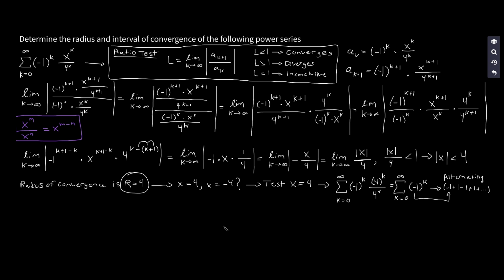Now we're going to test. So we tested x equals 4. Let me just be clear. This diverges by the divergence test, because again, we know this intuitively speaking, because the limit of the terms is not 0. So when we tested x equals 4, the limit of the terms is not 0, so it diverges by the divergence test. Now we're going to test x equals